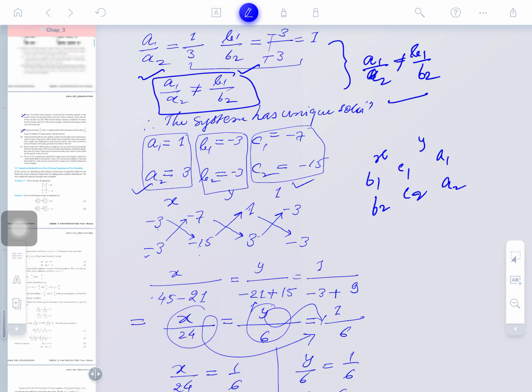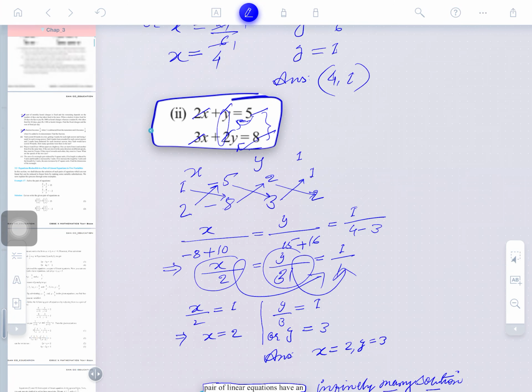This is how we make the denominator of x. Three ratios are there, called the direction ratios. The denominator of the x ratio is taken by omitting the coefficient of x, and the denominator of the y ratio is taken by omitting the y coefficients. And in the case of minus 1, this is the constant term. The c1 and c2, the constant terms, are omitted. Clear? He has taken a1 a2 and he has taken b1 by b2. Is that clear? And we have solved this question also.